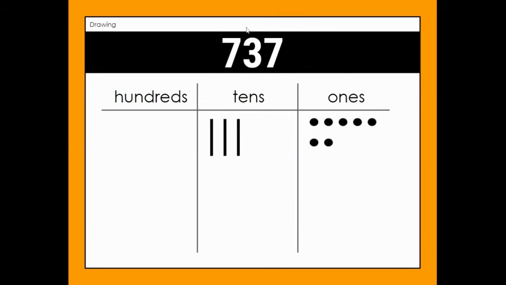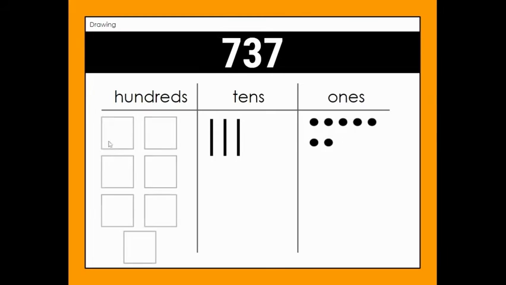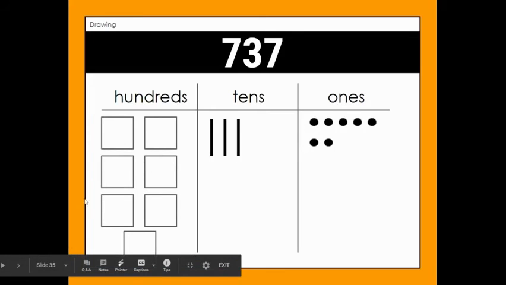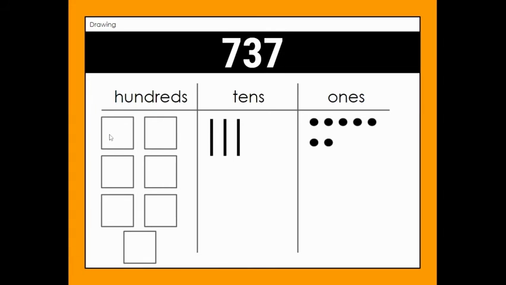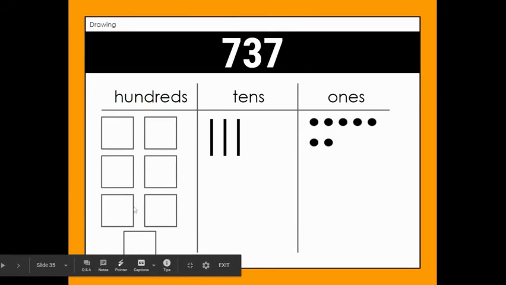All right, now let's look at our hundreds. This time we have 7 hundreds. So you're drawing 7 squares. All right, ready? Let's count our number all together. 100, 200, 300, 400, 500, 600, 700,